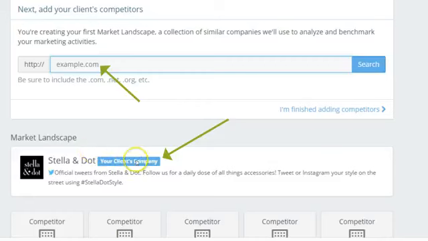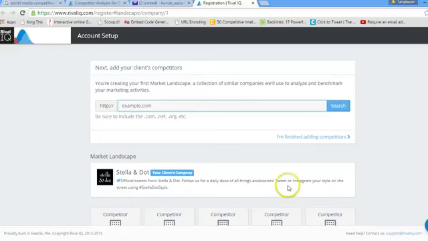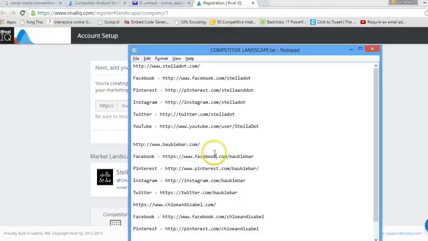But for this example, we are going to use only 2 competitors, and we are going to show how you can perform a competitive analysis using Rival IQ. Previously I told you how you need to create a list of URLs for all the websites in a notepad, Word document, or Excel document, so that you can just copy the URL and paste it into this search box, so that the process will be very easy for you. Now